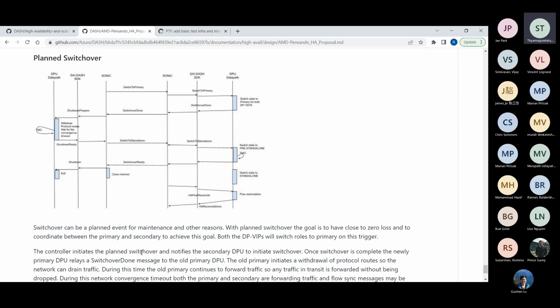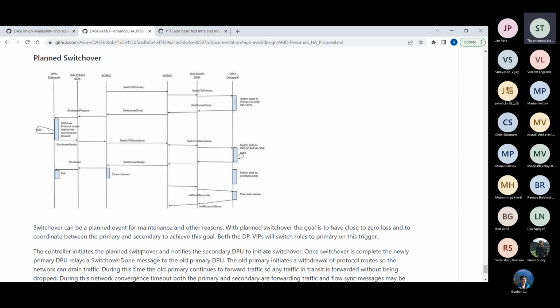So with the planned switchover, the intent is to keep any disruption as close to zero as possible, right? This is because we have the flexibility to coordinate the switchover between the primary and the secondary. The controller gives a trigger saying we want to switch over.